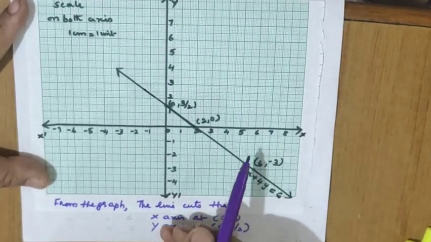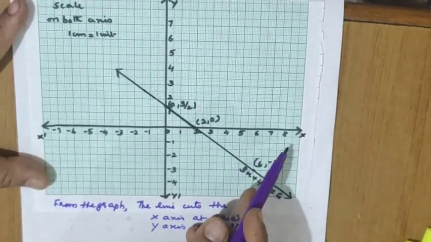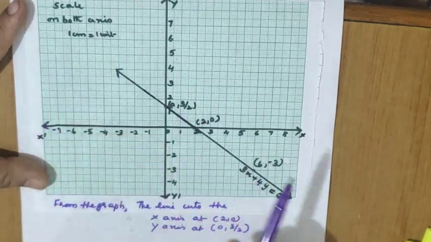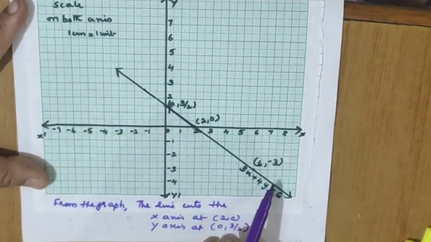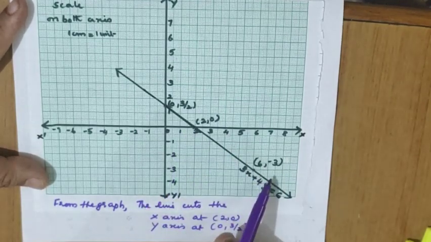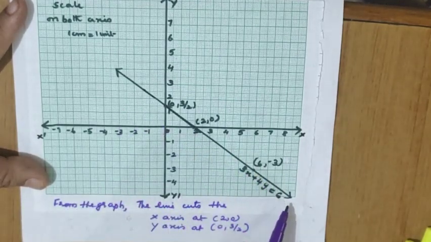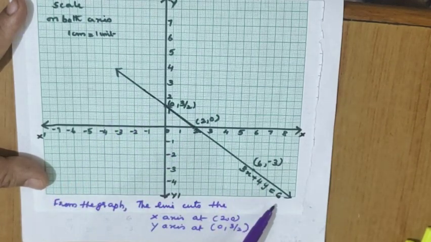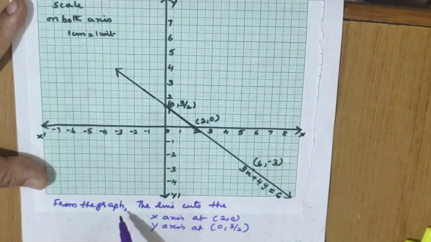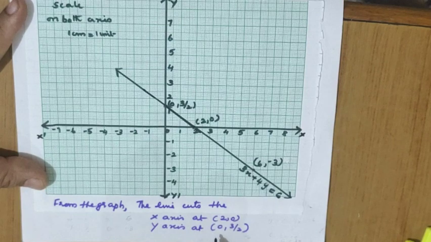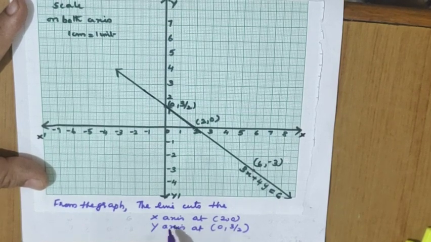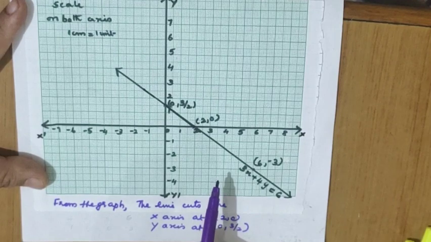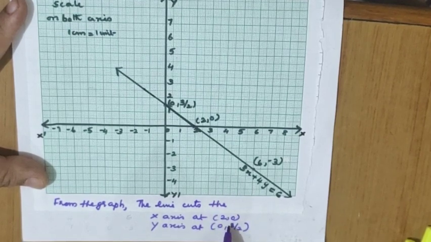Once again you have to remember all these points: name the axes correctly, write the scale on the top, and highlight the points, plot the points. Now 3 points are to be highlighted, draw the line, put the arrow mark, and at one end of the line take a corner and write the equation correctly. Now if sub questions are there, you should write below the graph. Here the sub question is asked where it cuts the x-axis and where it cuts the y-axis. So directly we are writing the points. From the graph we identified the points are respectively 2 comma 0 and 0 comma 3 by 2.